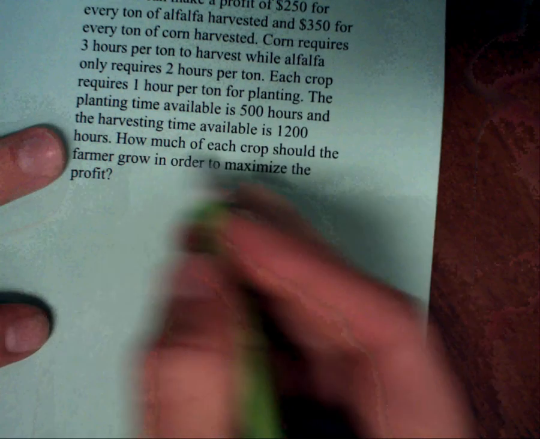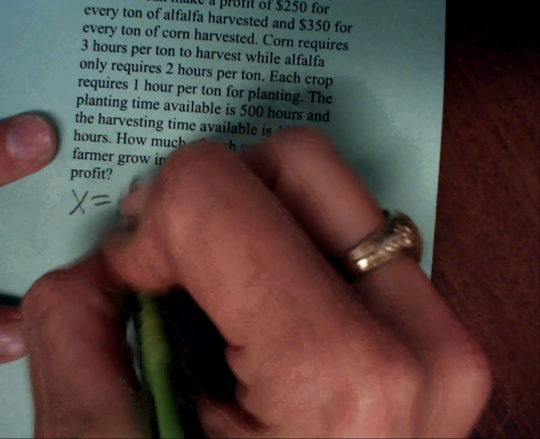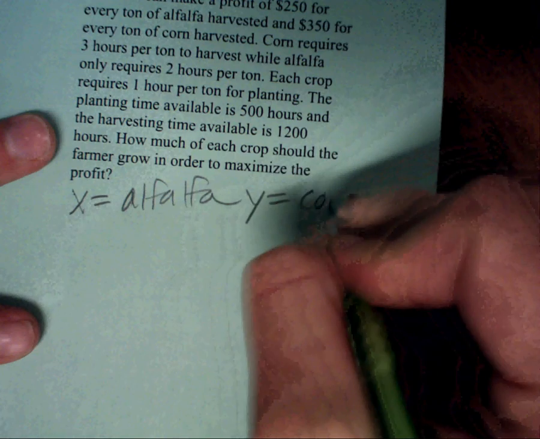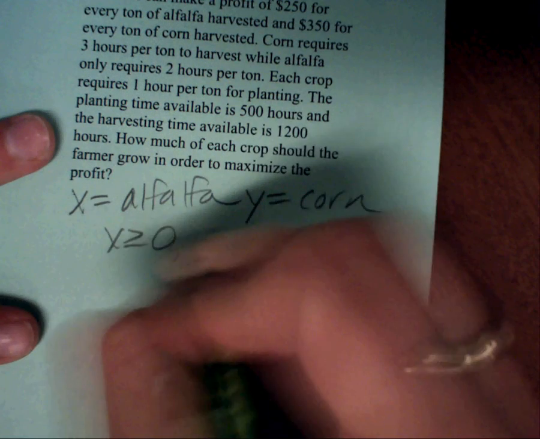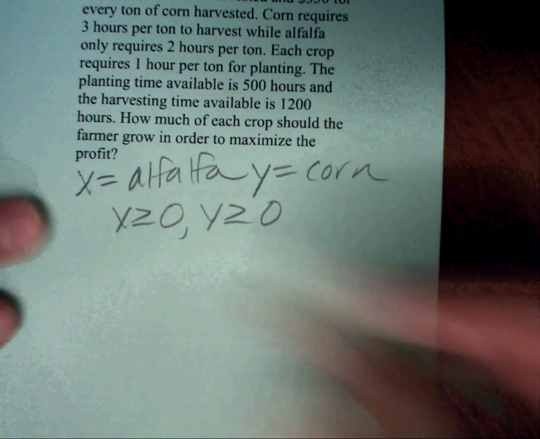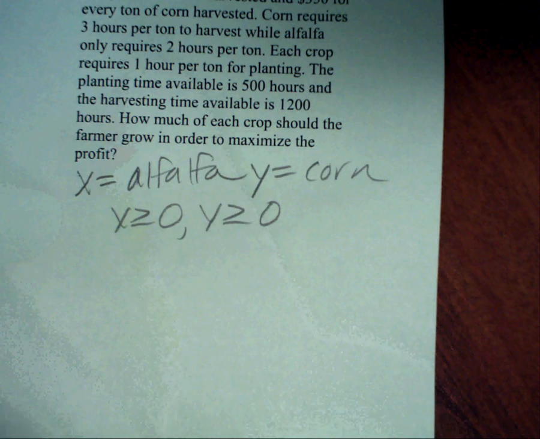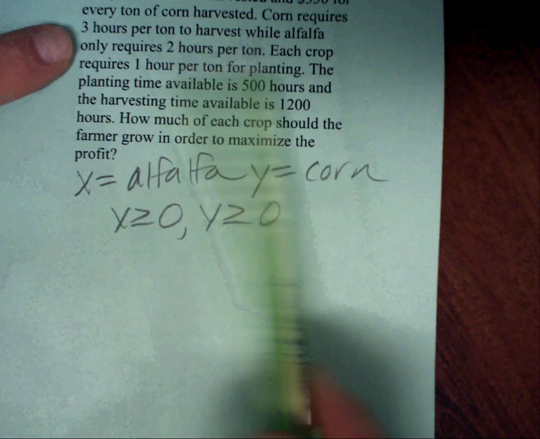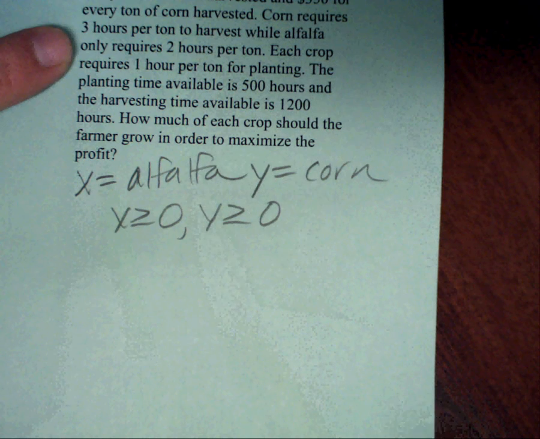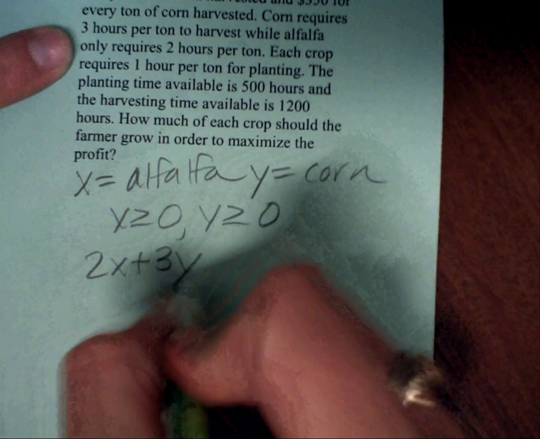So your question will tell you what you're trying to find. How much of each crop? Well, it talks about alfalfa and corn. And we have to state this because we know that it will not be below the x and the y axis. And then remember your equations have to have the same labels on the number. So for instance, it says corn requires 3 hours per ton and 2 hours for alfalfa. So 2x plus 3y is less,